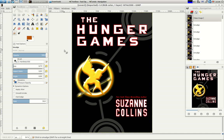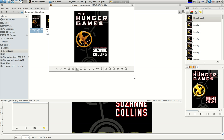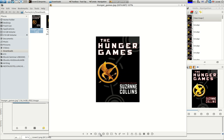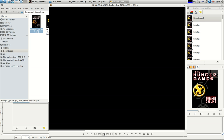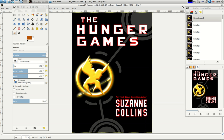I downloaded a higher resolution version of the covers. Let's take a look at that. Let's look at all the detail in there. That's the low resolution, right, from the book cover. Now let's see the high resolution one. Whoa, look at that. That's a lot of detail. We are not going to go into this much detail today, my friends, but I will show you how to get those results. So let's go back to the GIMP,